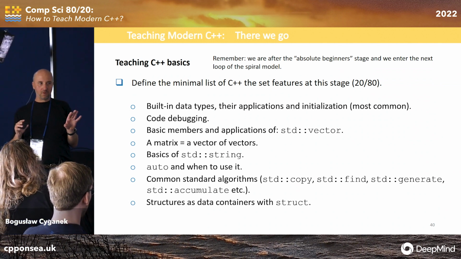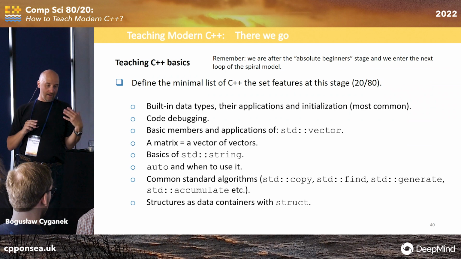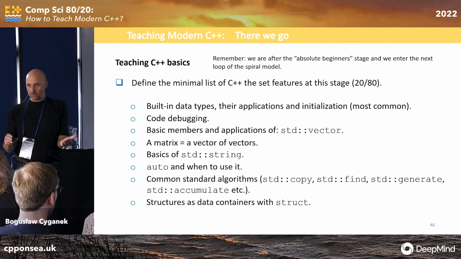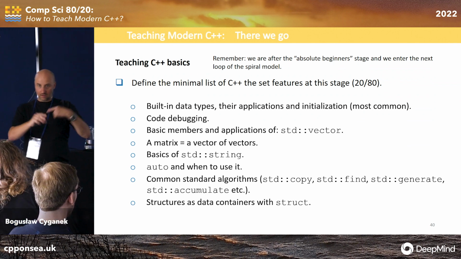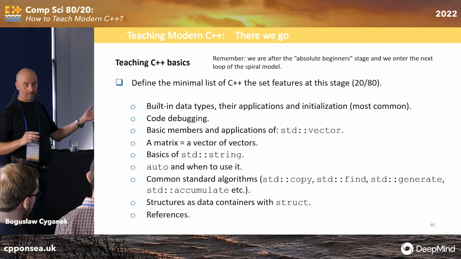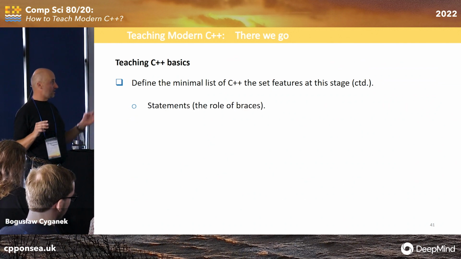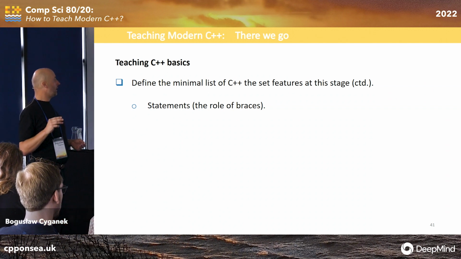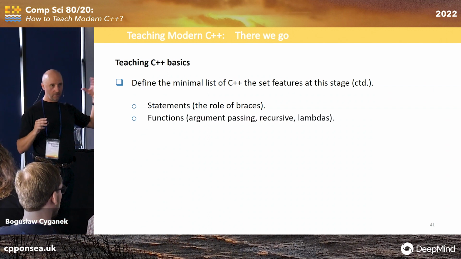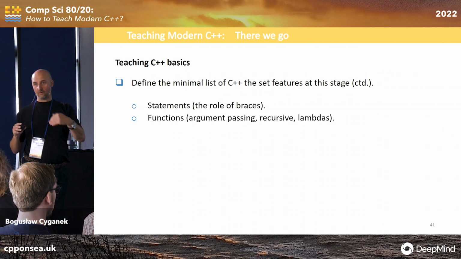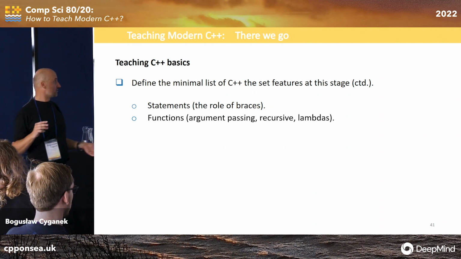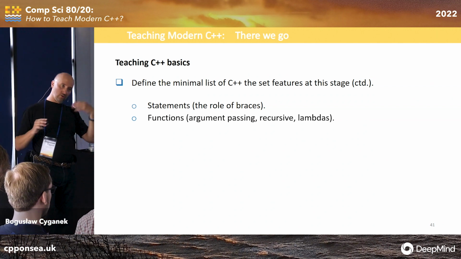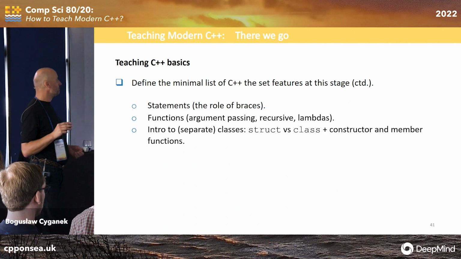So no members yet, but okay, I have vector to hold objects, but I can have one big object holding, for example, vectors, and they can be interspersed. References, non-pointers. Statements, so here also exception handling, a little bit at least. Functions, most important thing, going from main, you need to write your own functions. And lambdas. Again, beginning, then the spiral model will return to lambdas later on.